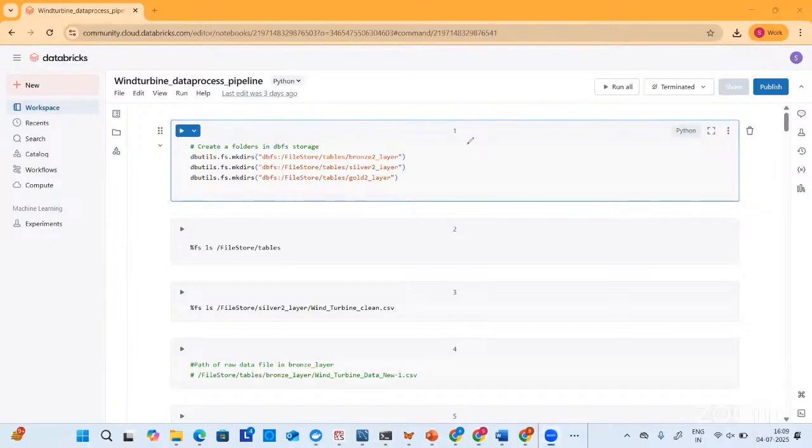Now here, I'll take this 3-step architecture, also called medallion architecture. In this architecture, you will segment your storage or your platform into 3 sections. It could be folders or schemas, anything. The schema or folder, you name it as bronze, and this one as silver, and this one as gold. This is called medallion architecture,